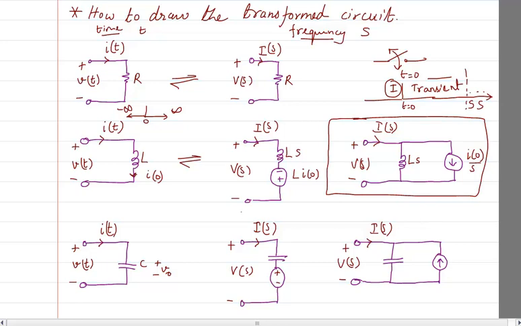As I told you previously, I always prefer to go with this because it's basically a voltage source, and KVL is very easy to do, whereas when you have a current source, then you have to go for KCL. So I don't generally prefer to do it using KCL because it generally lengthens the problem, whereas KVL is very simple. So I generally go for this kind of circuit, but that does not mean that this is wrong. No, you can even solve it using this one.